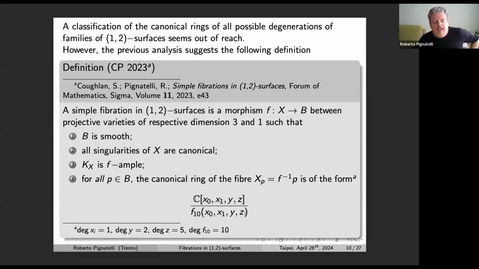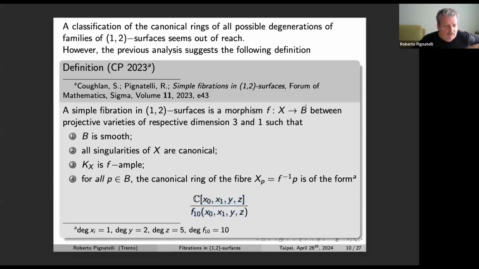But I want them to be algebraically like the smooth ones. So I define a simple fibration in 1-2 surfaces as a morphism from a threefold to a curve,